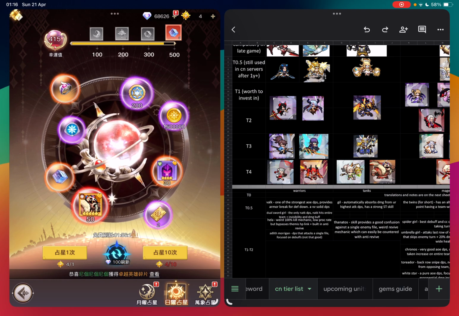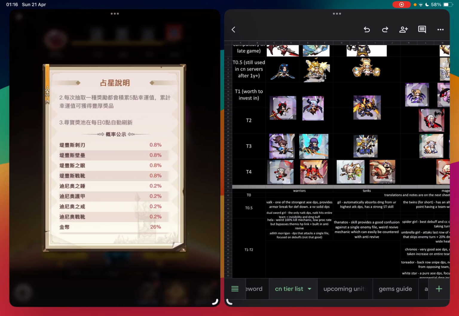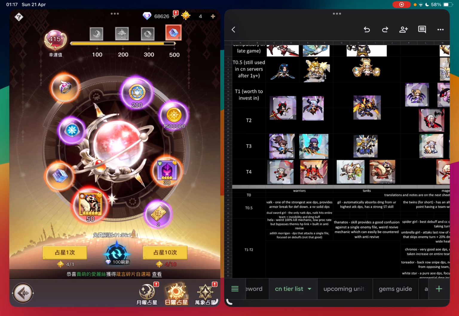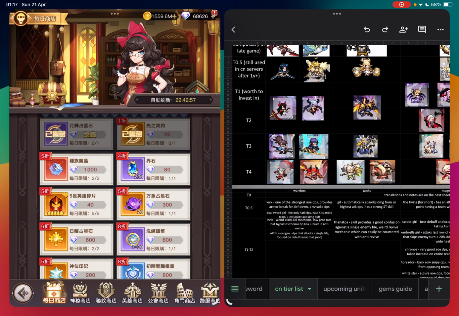Where do I see? Is it here? Okay, you guys can read. Okay, you guys cannot read, but yeah, Valkyrie will be in here. So that's one way you can get her. The other way is from the